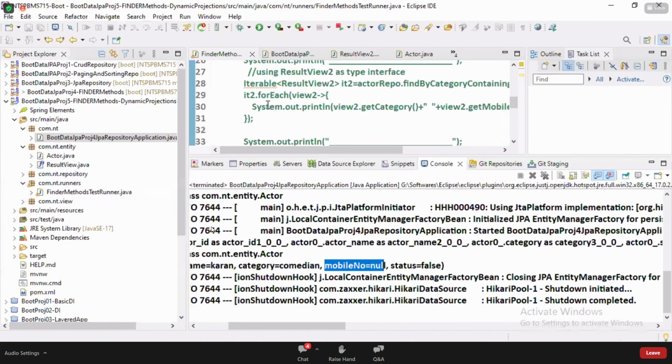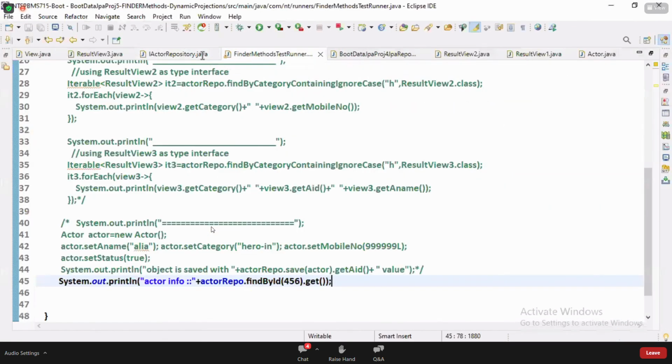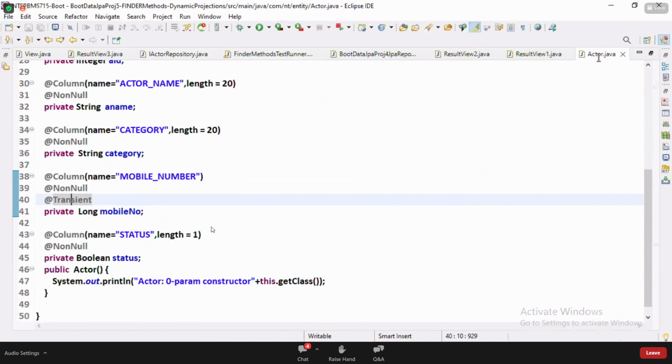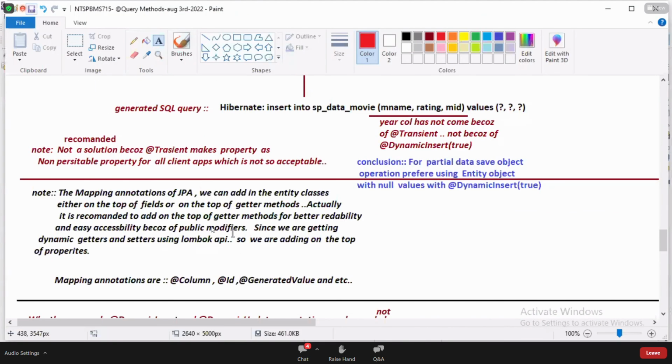Nowadays we are using Lombok API, where getters and setters come dynamically. Since that option is not there, we prefer to add on properties. Otherwise, the recommended place to add these annotations is the getter method, not even the setter method.